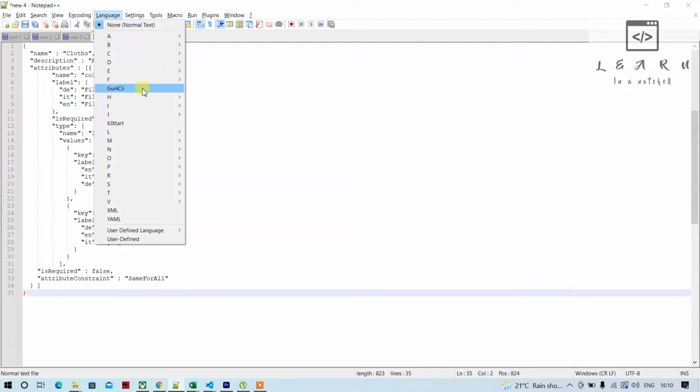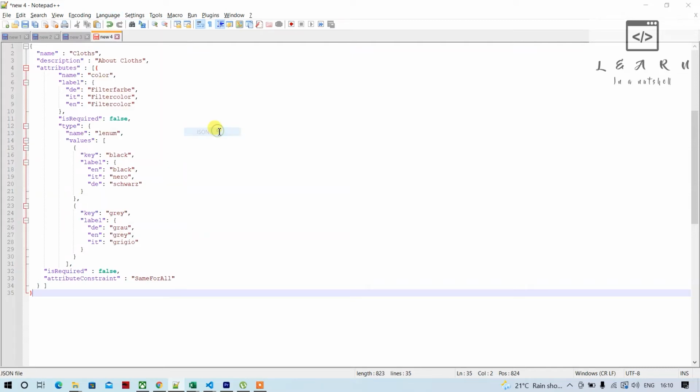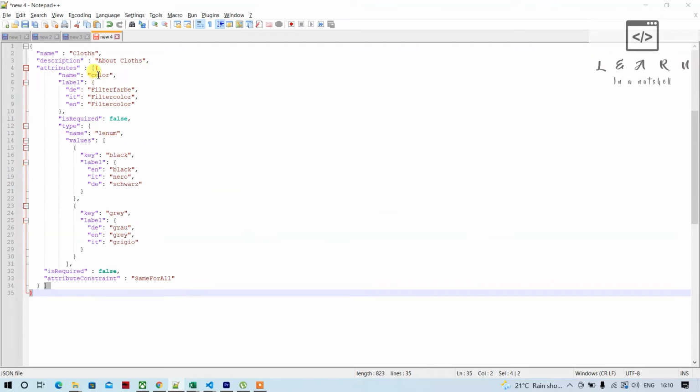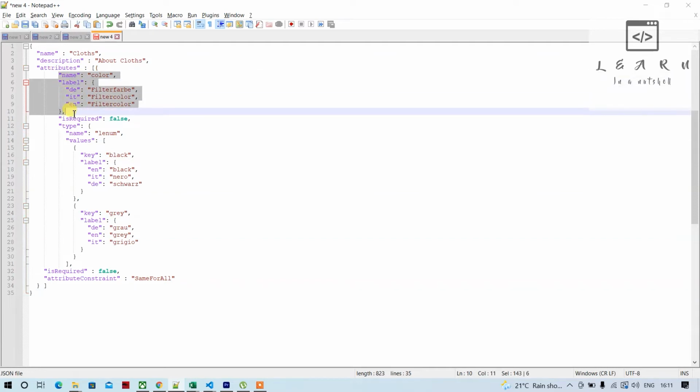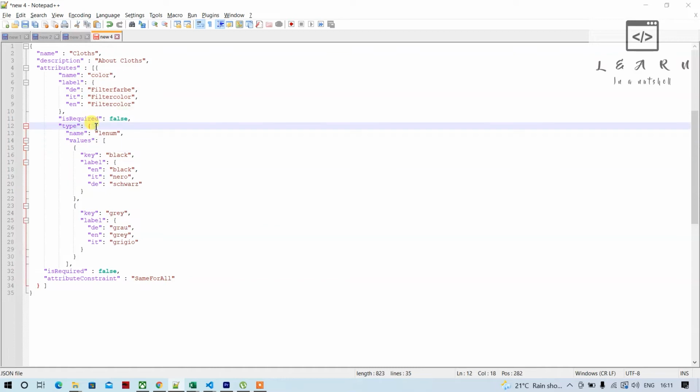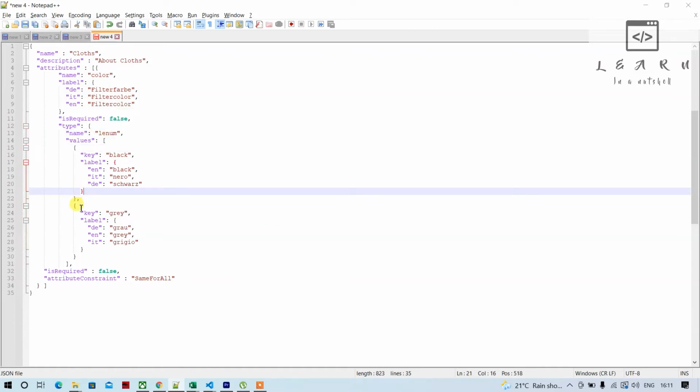Select the language and plug in. Let's see if it is formatted. So it says it's not formatted. Let's see what is wrong. So we have copied the attribute. Color is the one that is required, is enabled. Then we are giving the name. So we are providing,